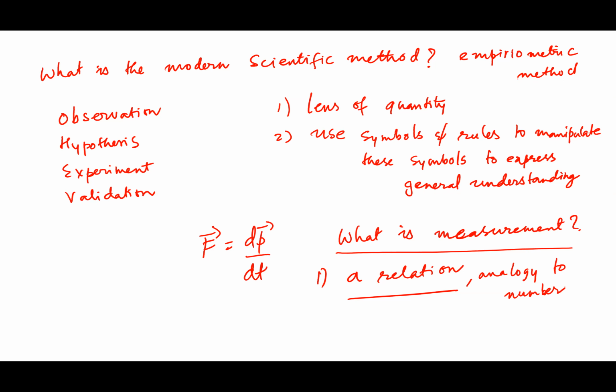And recall that qualities are not necessarily additive like quantities. For example, if you get 100 ice cubes, can you heat up water? 100 ice cubes would still be at the same temperature. They won't add up, because that coldness is a quality that would not add up. So measurement is primarily a relation and it's an analogy to number. And measurement does not reduce quality to quantity.